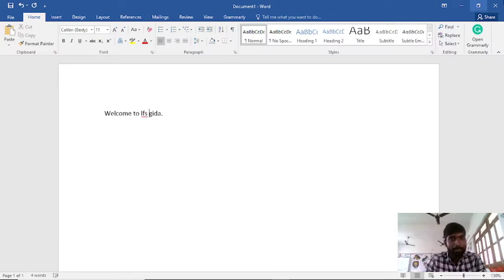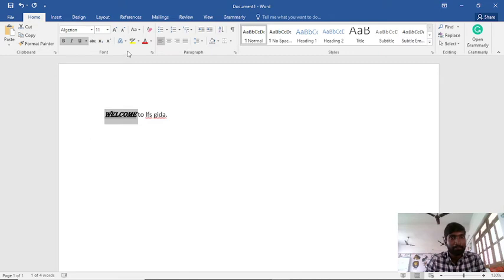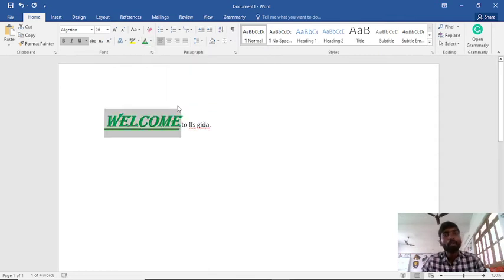Now the word welcome I am making bold, italic and double underline, and I am giving a different font style and making the font size bigger. I am changing the color into green, and if you want to give more effects, you may.